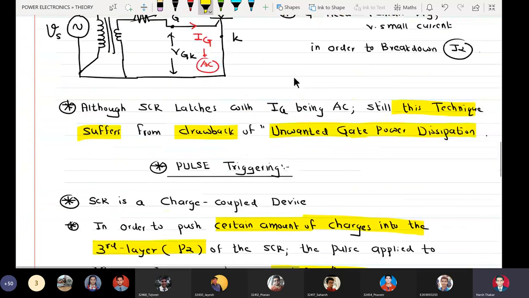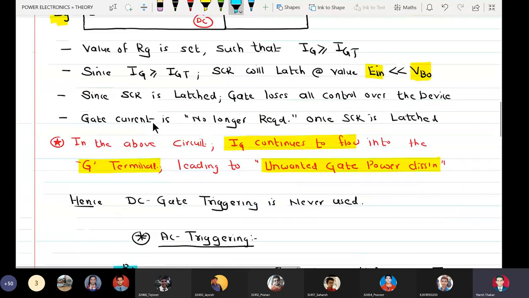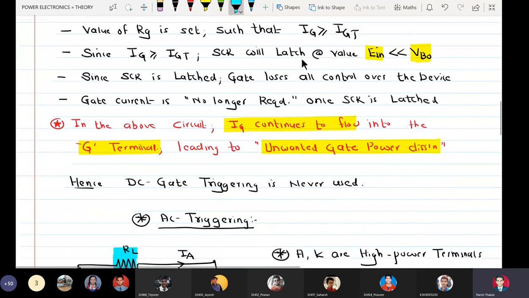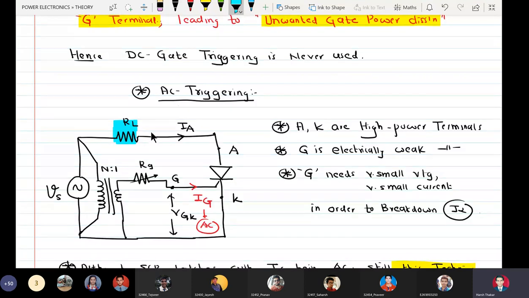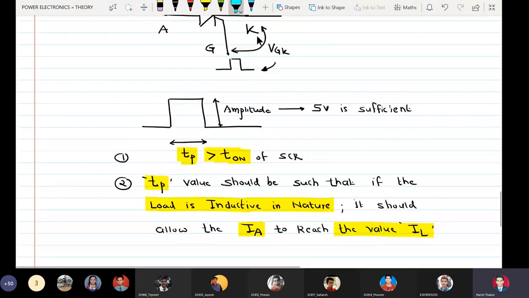Here in our circuits we have shown RL as resistive. But if there is an inductor in series with RL, then the current will show some lag, an exponential increase according to the time constant. It's very, very important for you. Got the point?